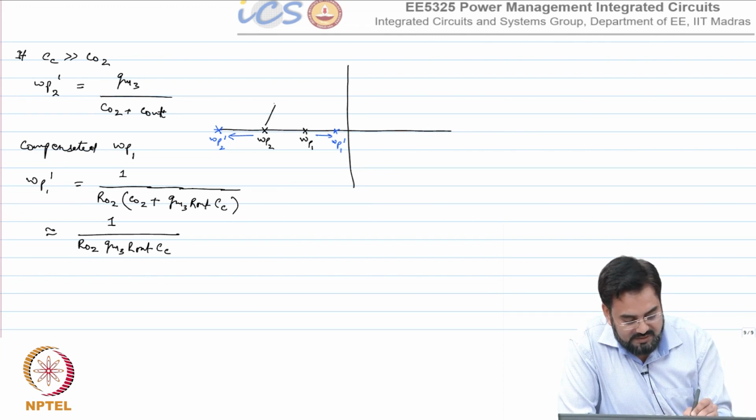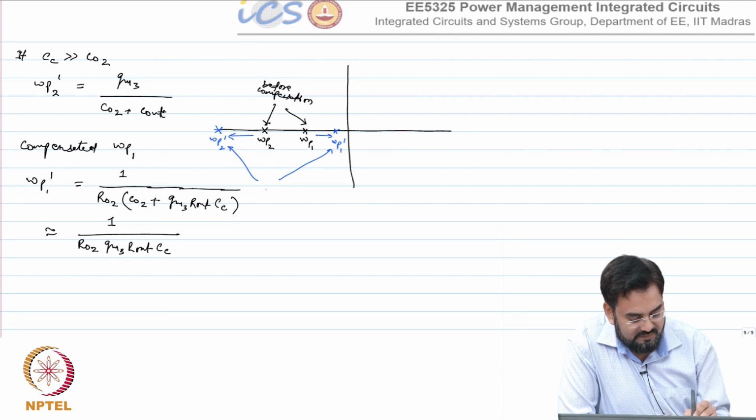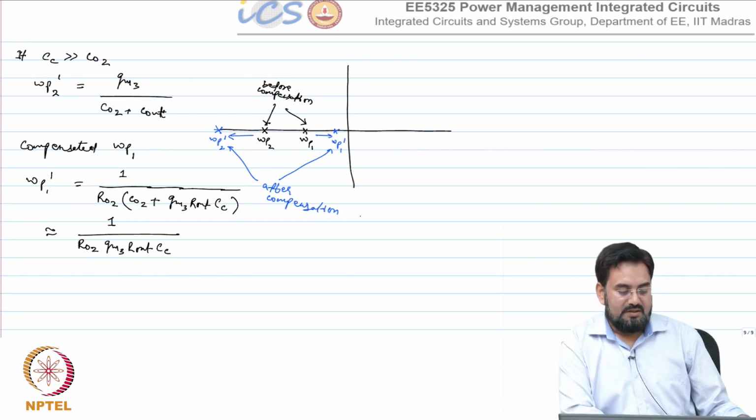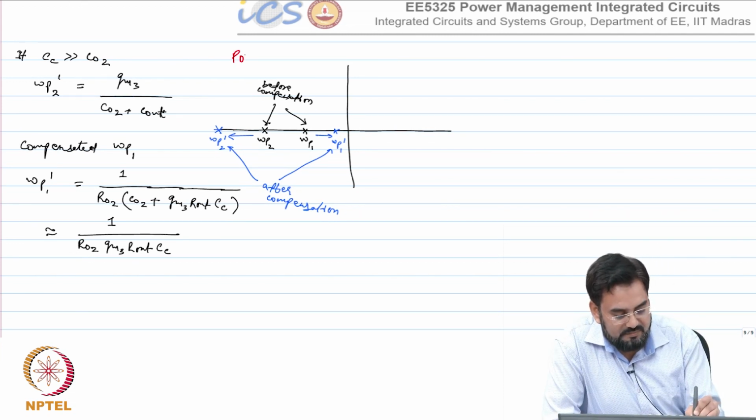So these two poles are uncompensated, or I'll say before compensation. And this is after. So that's what we call pole